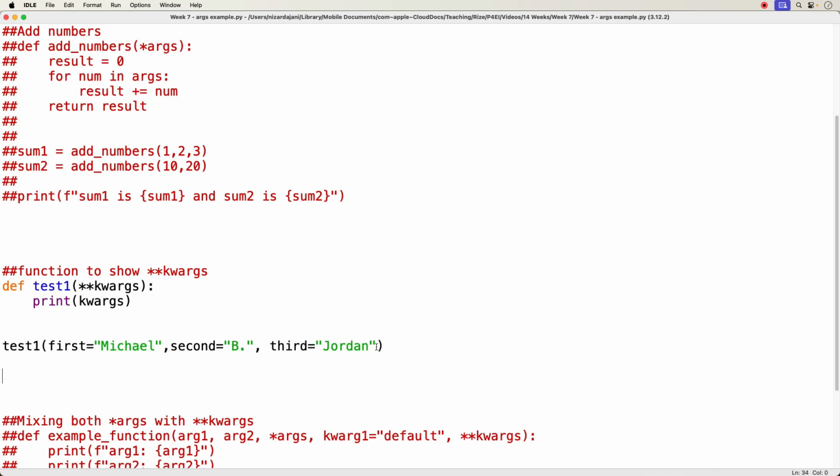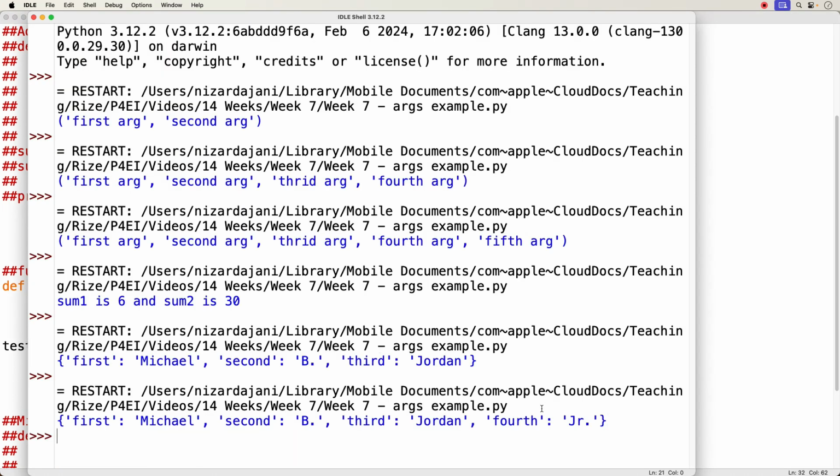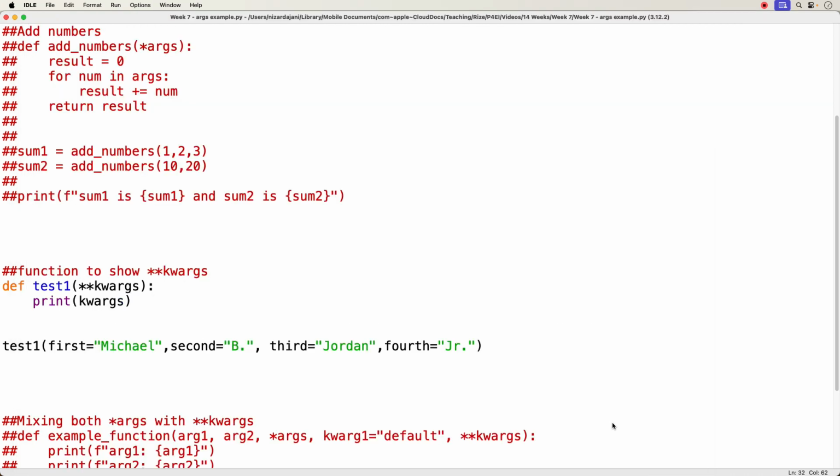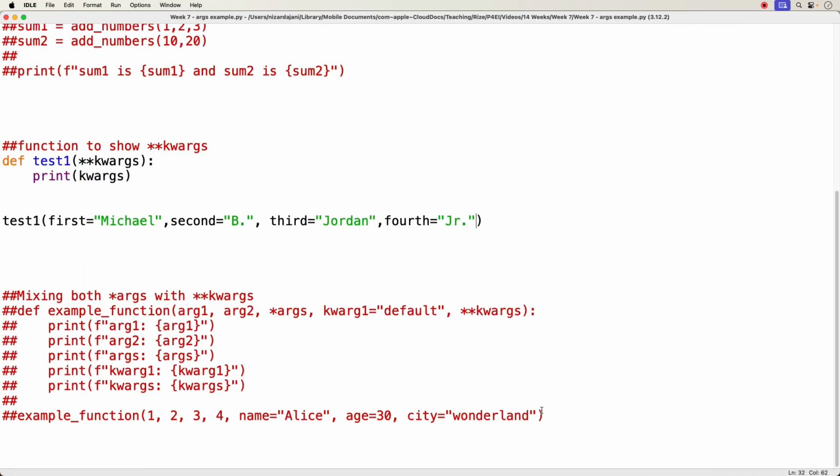All right, and again, just to test it, let's say here's a fourth key, and I'm going to set it equal to, let's just say junior. Okay, and let's run this again. So whatever I add to it, it's going to keep accepting it and running it successfully without any errors. Okay. All right, and the last example I wanted to show you